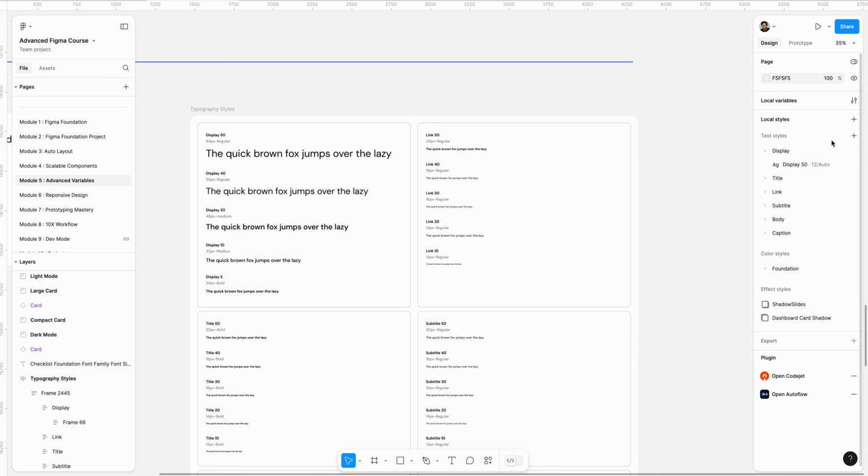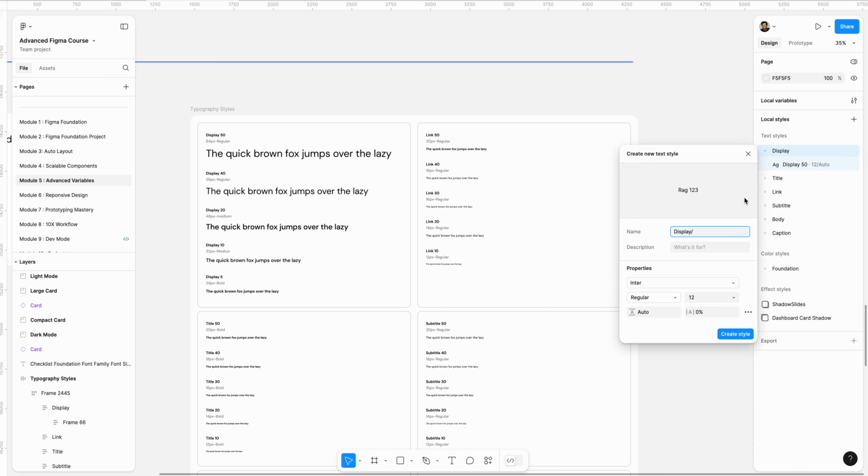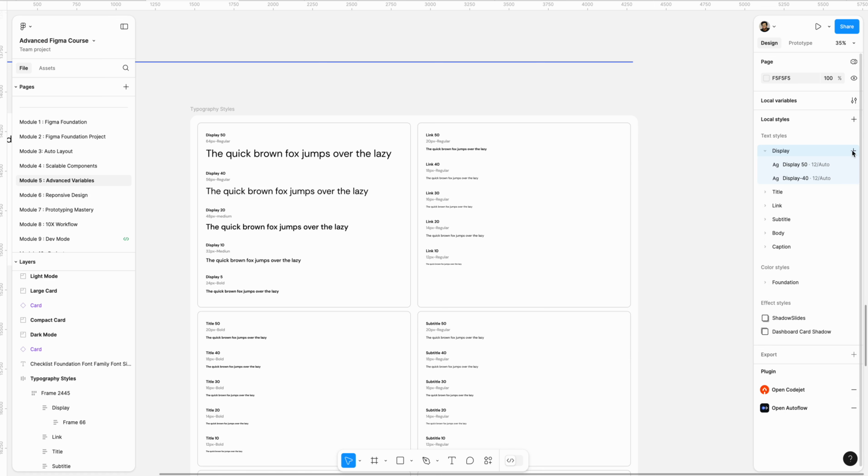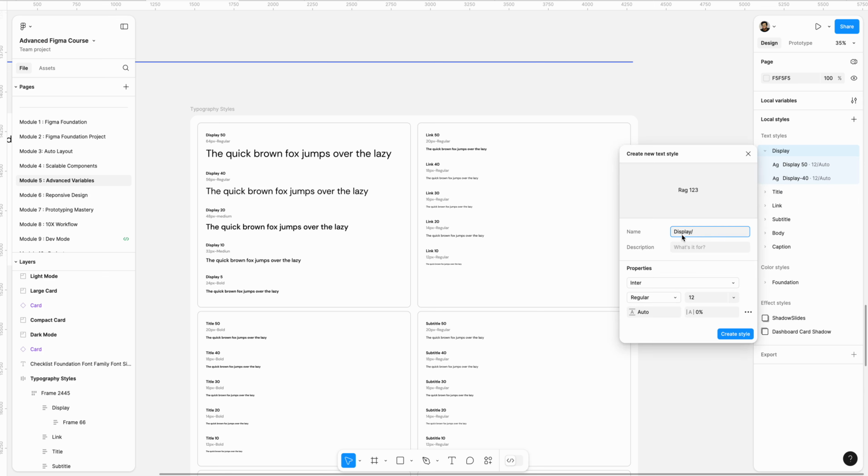Once you click on this plus mark, you'll see display 40 instead of 50. If you click here, it adds externally. If you click on the plus here, it adds internally in the structure. Here you can see it by default gives you that. So we have display